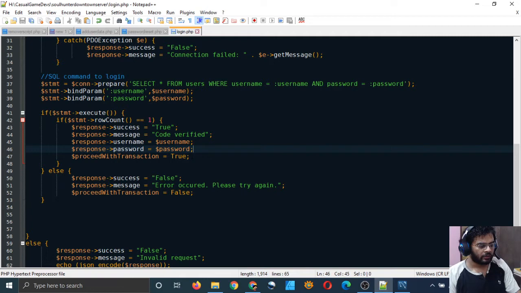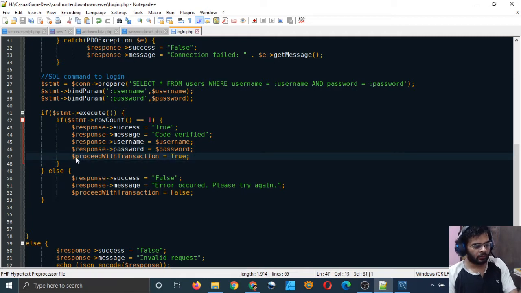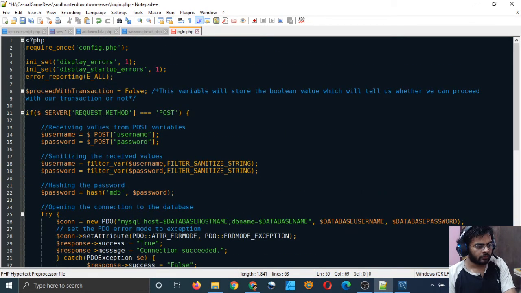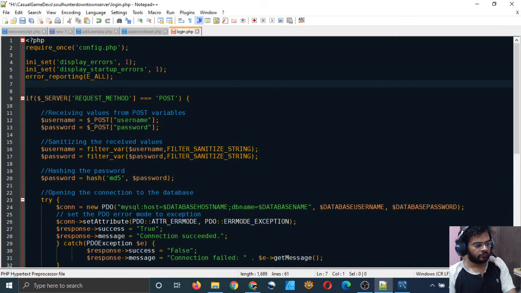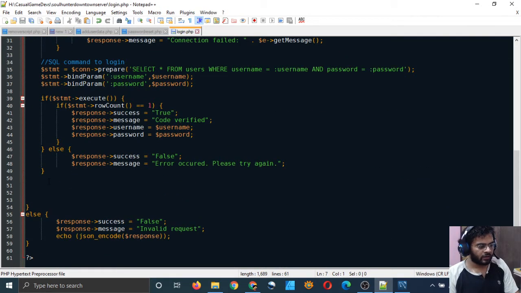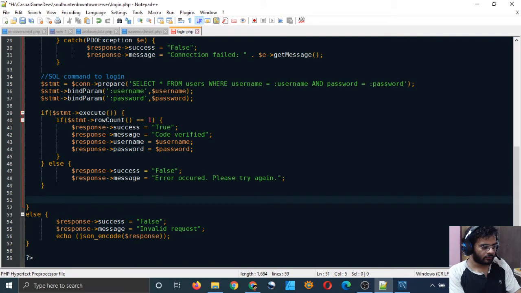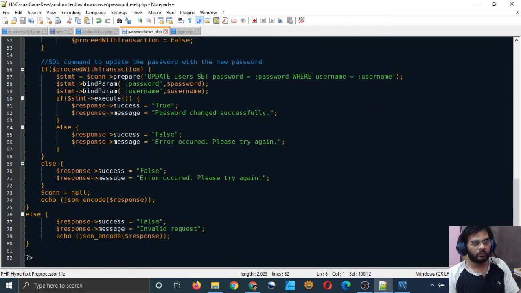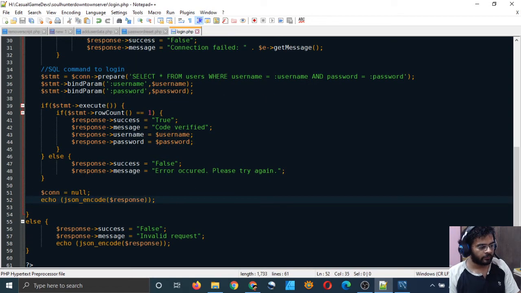And I don't think we really need to have the variable proceed with transaction here, because we are not doing any other transaction after this. That's all, and here only we are deciding whether it is true or false, and we are just going to simply echo the value true or false. Echo the value which is inside the response variable. So I will just copy these two lines and paste them here.